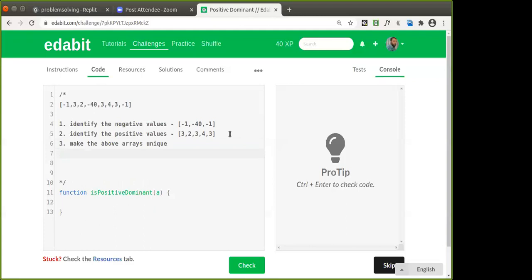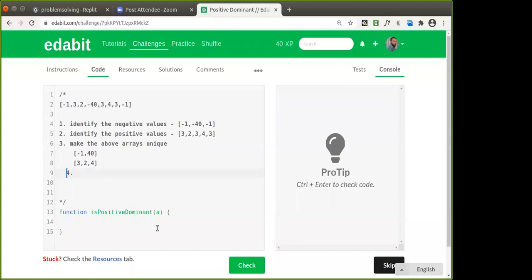So we get minus 1, then 40. And from the positives, we should get 3, 2, 4. Good. Is that clear? Make the above arrays unique. So when we make them unique, we get minus 1, 40.